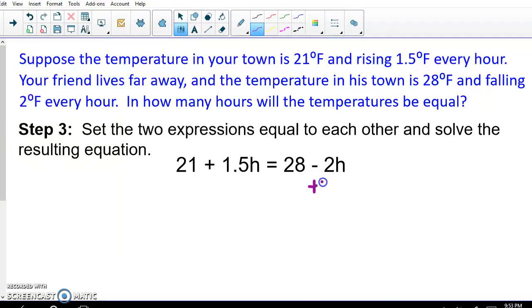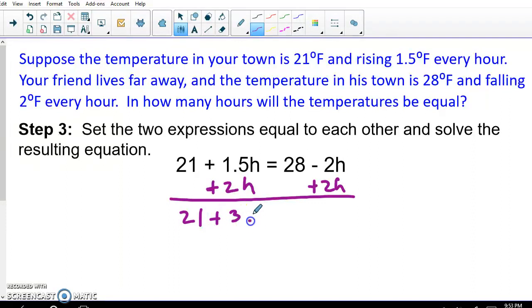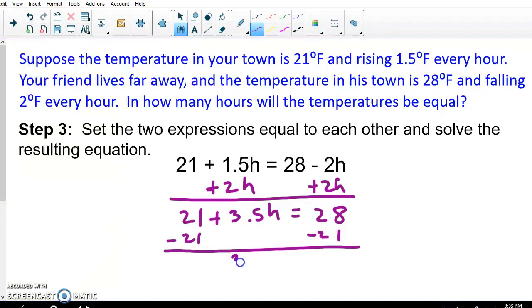So I'm going to start by adding 2h to both sides. So on the left I have 21 plus 3.5h, and on the right hand side I have 28. Now I'm going to get my constants together, so I'm going to subtract 21 from both sides, and I'm left with 3.5h